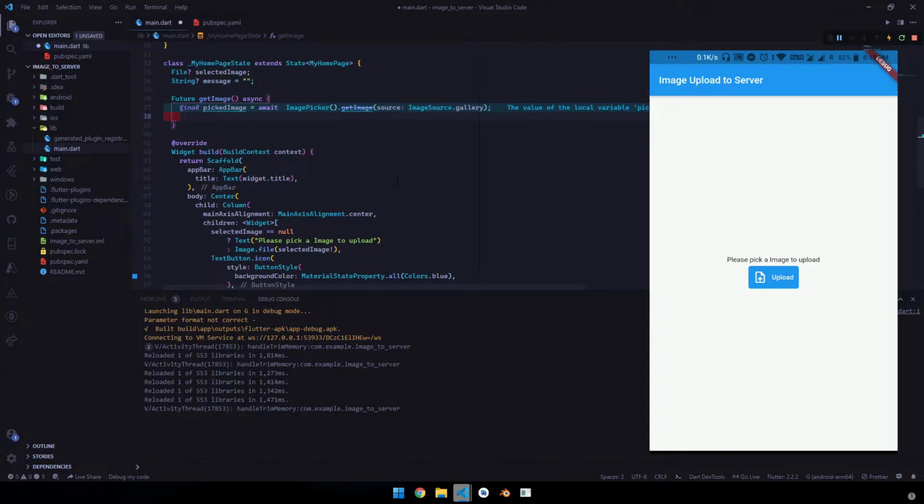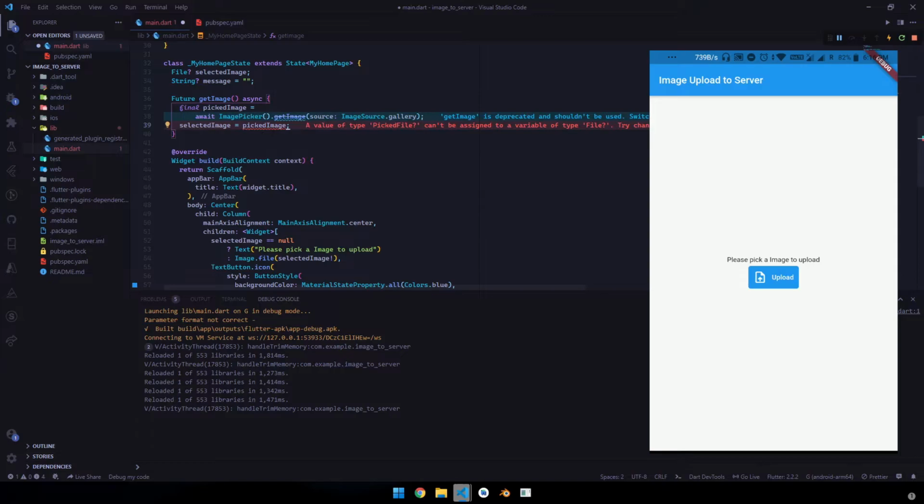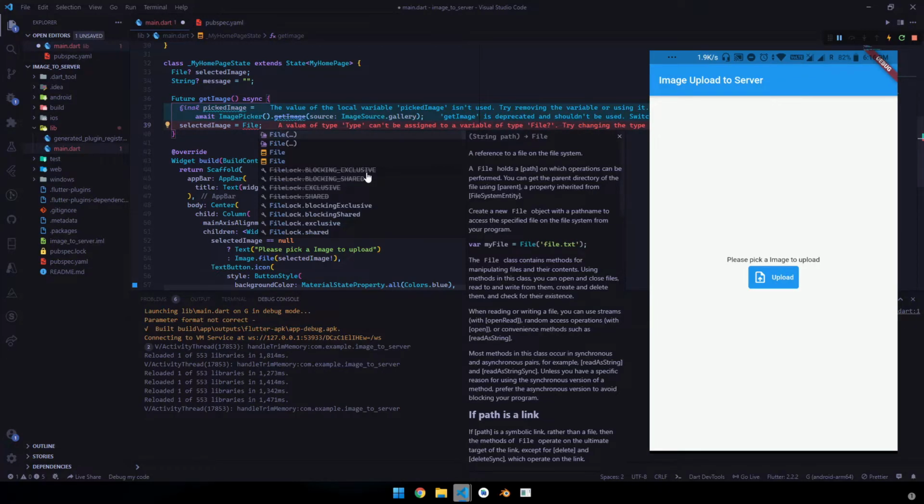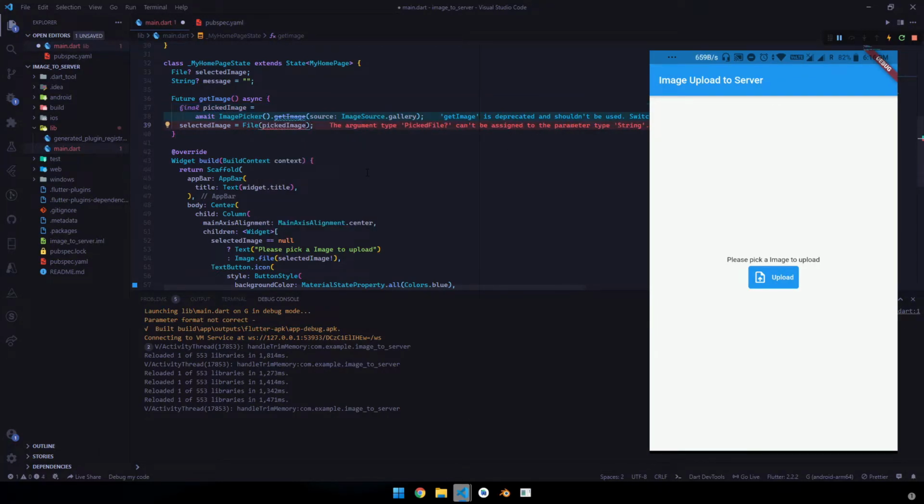So now let's update the selected image. Selected image is equal to picked image. Basically, picked image is of data type PickedFile, so we need to first convert it into a File. So we need to call the File data type with pickedImage.path.